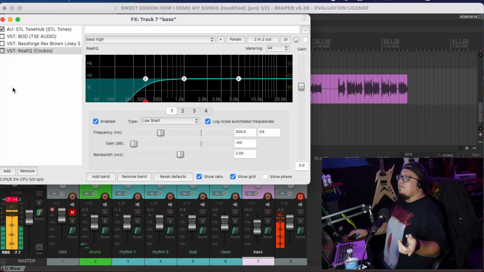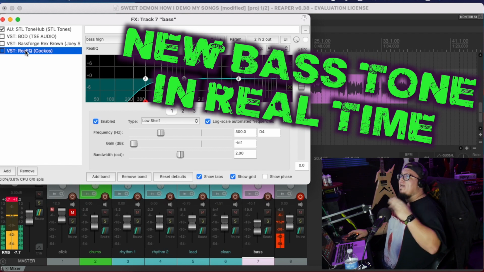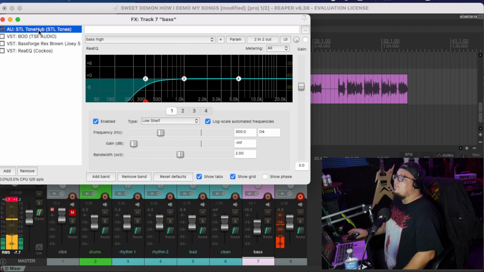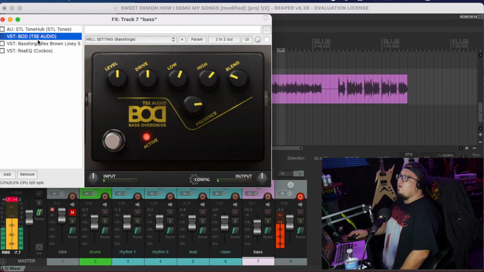My bass presets always vary, but this is actually a new bass preset chain that I found the other night that I wanted to share with you guys. So for this specific tone, right now I'm using my go-to bass preset when it comes to demoing. Like I said, it always changes towards the end of the process, and we're getting towards the end of the process. But I always start with preset 59, the Ampeg SVT Classic Ampeg 8x12 in the core pack of STL Tone-Up. What I'm going to do is I'm actually going to disable that,